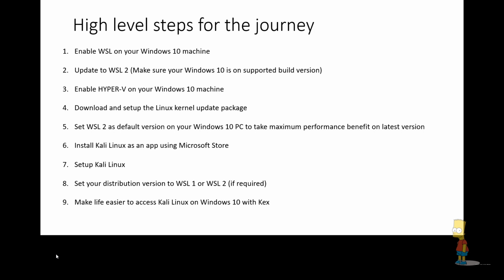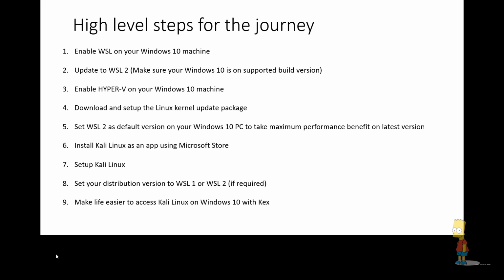In this setup, we are basically going to give the username and password for Kali Linux. And after that, I'll demonstrate how we are going to enable the GUI on Kali Linux in order to access it from a GUI window. And then if required, because this is a problem that I face, sometimes when I check, Kali Linux is still running on WSL1, so we'll verify whether it's running on WSL1 or WSL2. If it's WSL1, we'll set the distribution to run on WSL2, if required only.